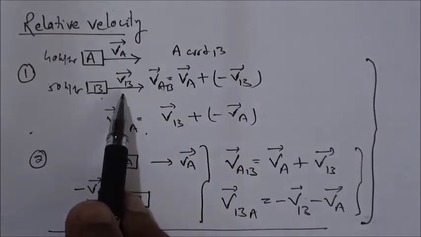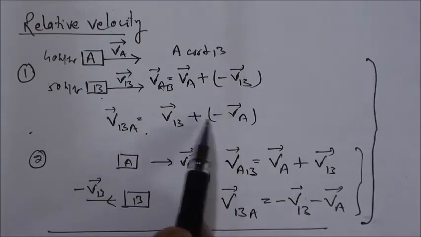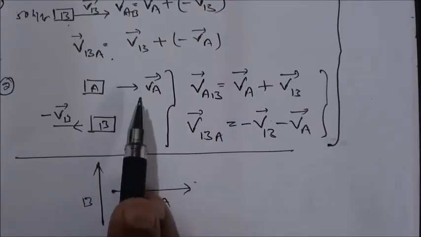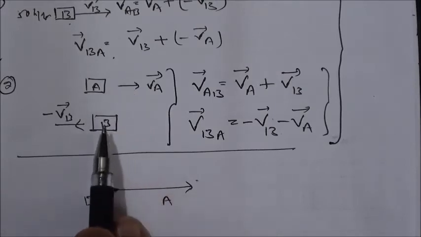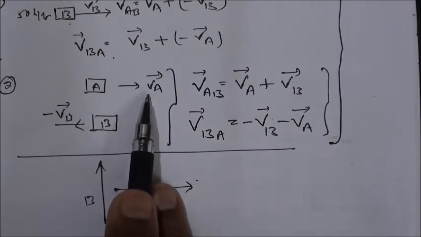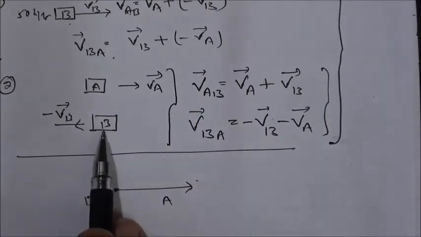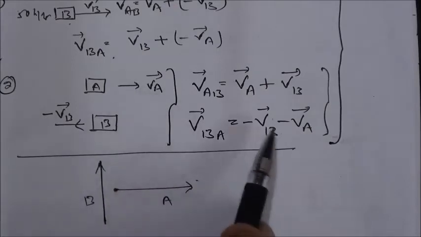To find the velocity of B with respect to A, we inverted the sign of A and added it to B. Here again, VA is plus, VB is minus. To find the velocity of A with respect to B, VA plus, we again inverted the sign. To find B with respect to A, we have the velocity of B, inverted this sign and added this